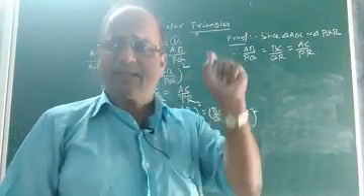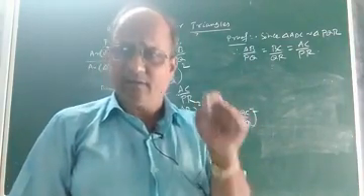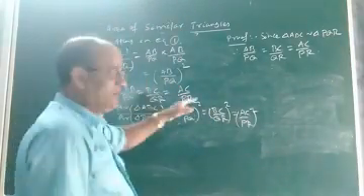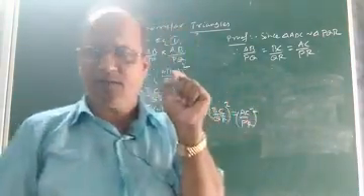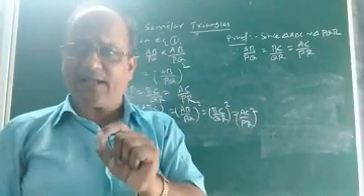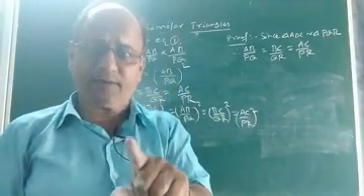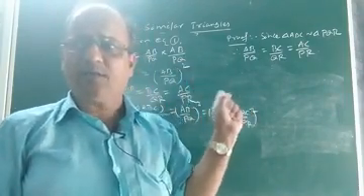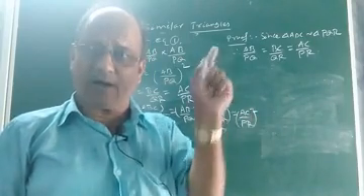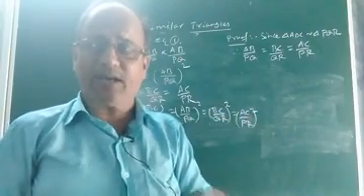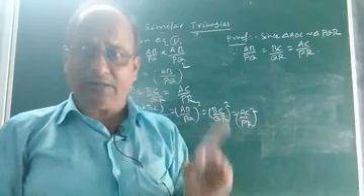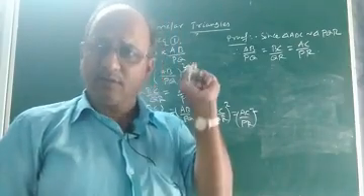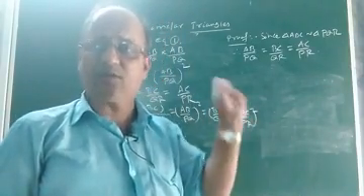Now the point is, can this theorem be applied to, suppose, here we proved that the ratio of the areas of two similar triangles is equal to the ratio of the squares of their corresponding sides. Is it true that the ratio of the areas of two similar triangles is equal to the ratio of the squares of two corresponding medians, squares of two corresponding altitudes, and squares of two corresponding angle bisectors? Yes. This geometrical truth is also applicable.